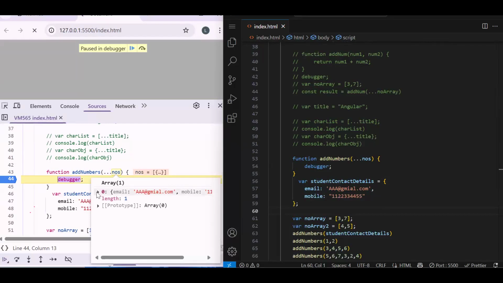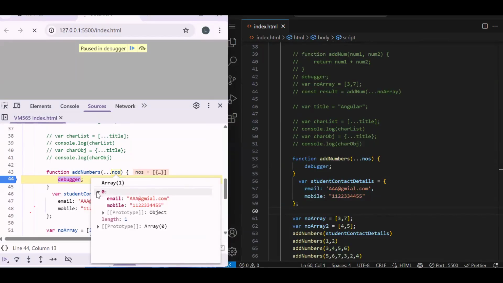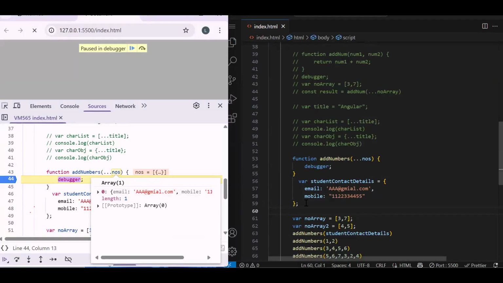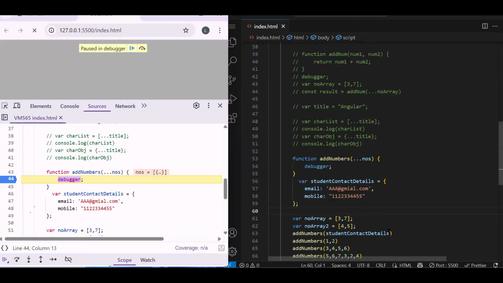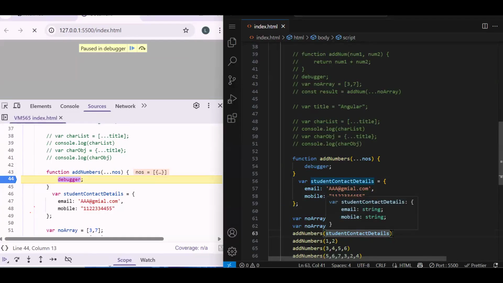In the first element you get the whole object, just like it was doing with the array. Understood? So the data type will be an array of objects only, with that rest operator. In the first element, you get the first object. If we pass multiple objects, again it's the same array case, with objects. In the second element, you get the second object, like that. And if we pass another function,